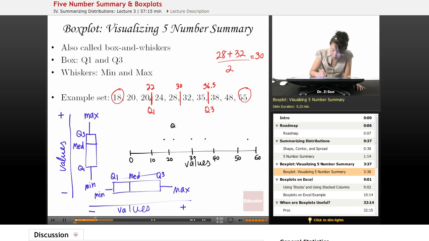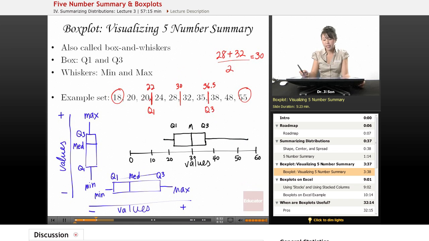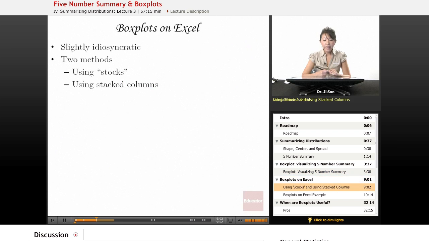And to help myself, I might just write down where Q1 and Q3 are, because that's going to help me draw my box. And here's my median. Here's my minimum whisker. Here's my maximum whisker. So this would be a box and whisker plot, or a box plot, for this data set that we have right here. Now let's talk about making box